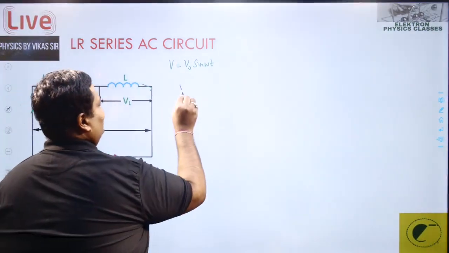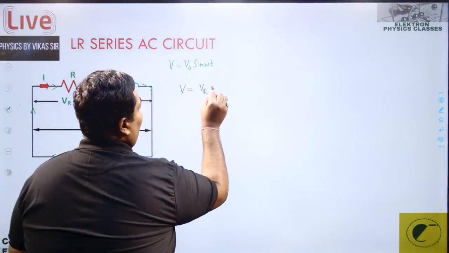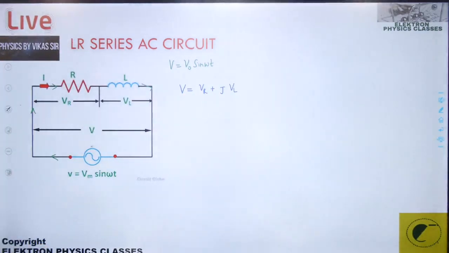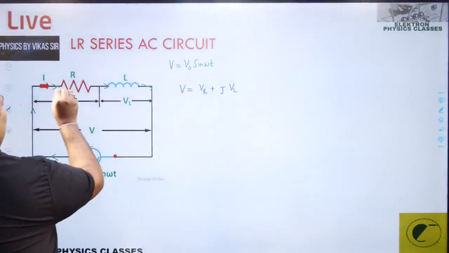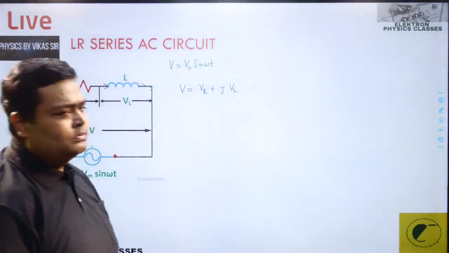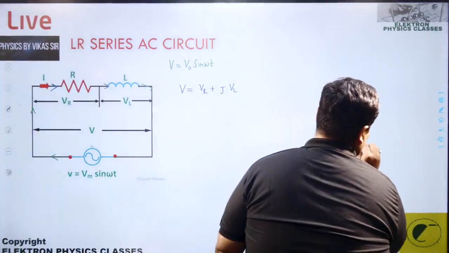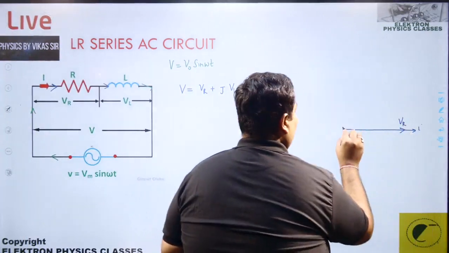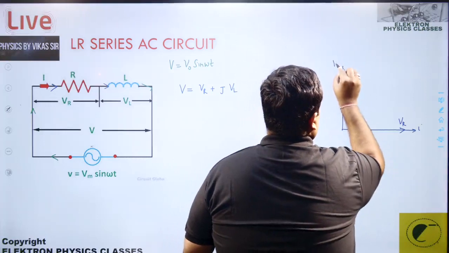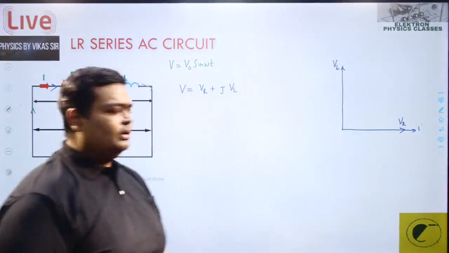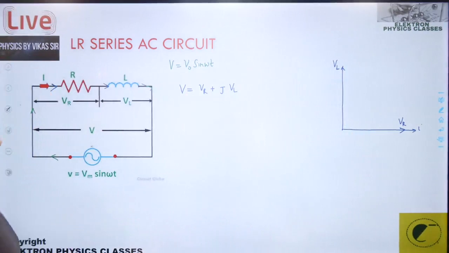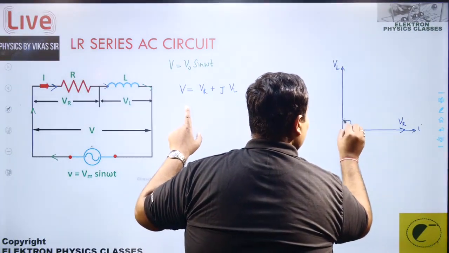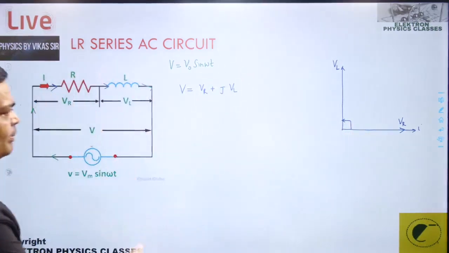V लिखते हैं भाई, V कैसे आएगा? That is VR plus J into VL. Already explained idea. करंट दोनों में सेम है, पर वोल्टेज सेम फेज में नहीं है। If this is your current, so the VR is over here and the VL is here. That's a phasor for it. Easy phasor for it. And how do you write it? That the VL is leading the VR by pi by 2.